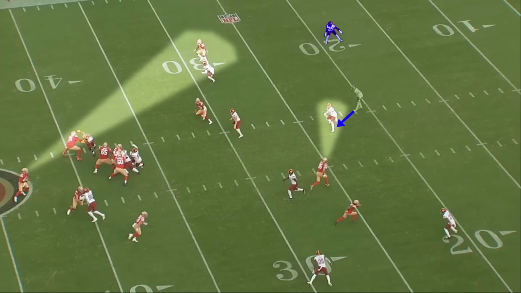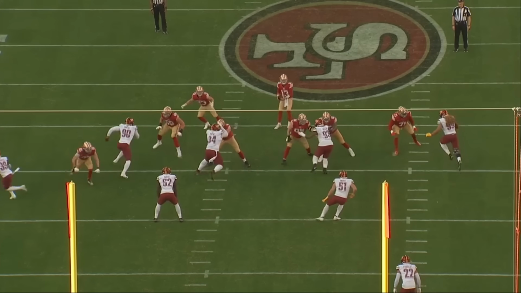Based on all the routes run here, Kittle changes his route mid-play from an intermediate crossing route to a deep route down the middle of the field because he saw what the safety did after the snap. From the end zone angle, we can see Purdy's eyes open to the left before quickly coming back to the middle. He was likely expecting to hit Kittle on a crossing route in front of the safety, but instead